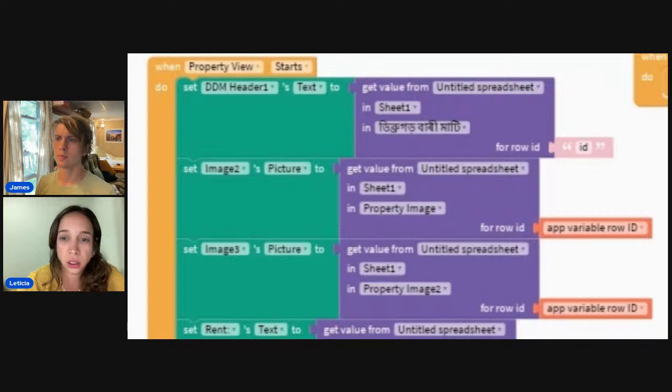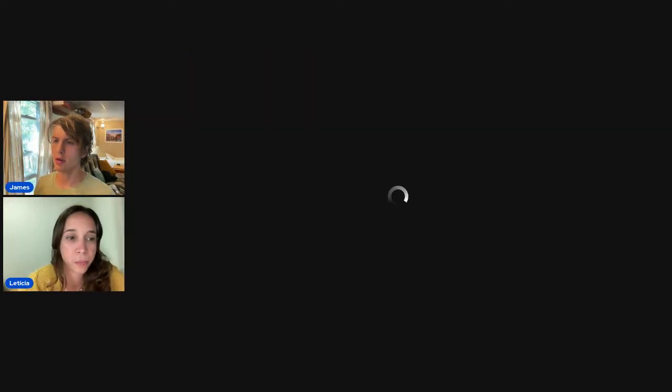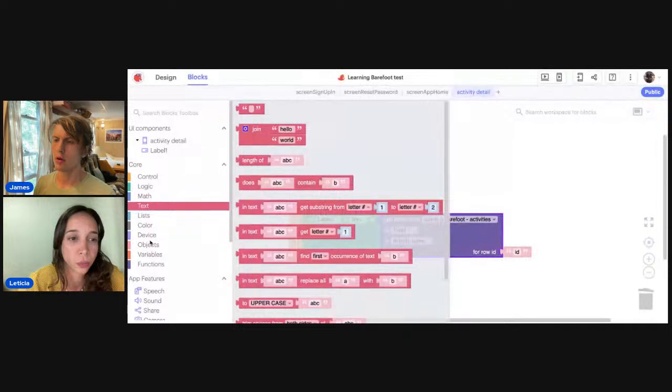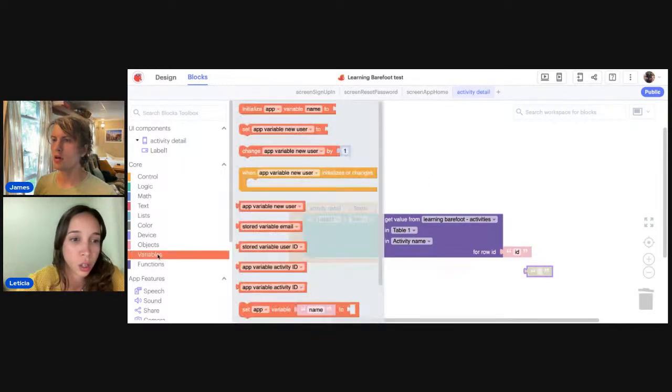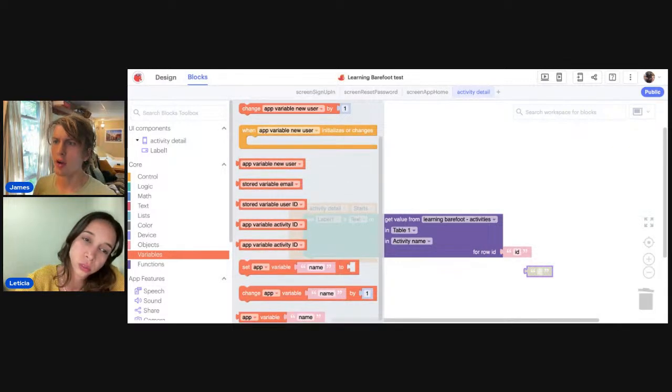And then should I put something here where ID is, like variable row ID or something? Yeah, so let's have a look here. It's basically finished. I would look under variables actually. That one is a little different. Here we just want app variable.